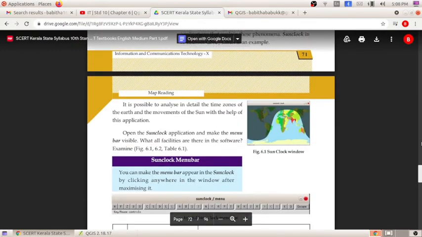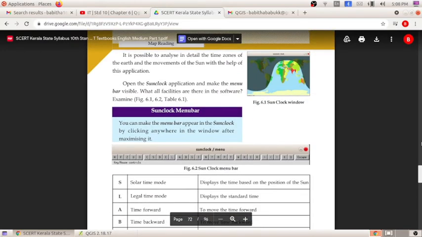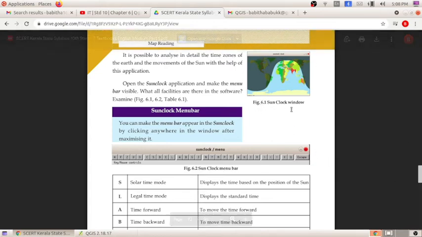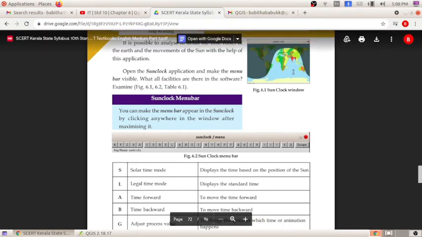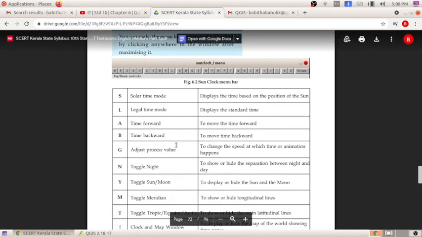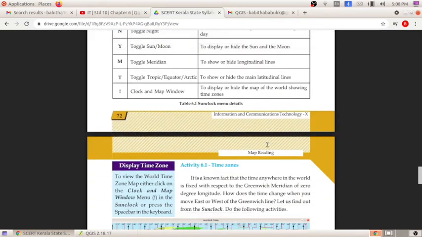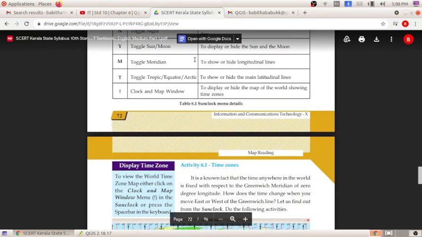We can open the SunClock software in Application, Education, SunClock. When we open it, we get a window like this in figure 6.1. To get the menu bar anywhere, you can click on the window. This is the detail of the different menus that we are using in SunClock software.